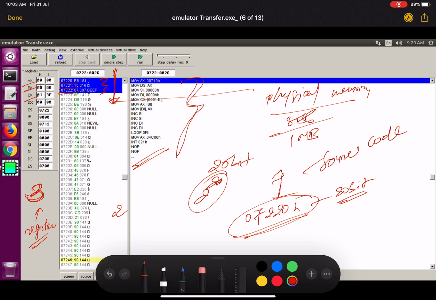For this one instruction I require 3 bytes. In 8086, if this is my memory, each block is 8 bits, so 1 byte, right? So I require 3 bytes for this MOV AX comma instruction. Get it?